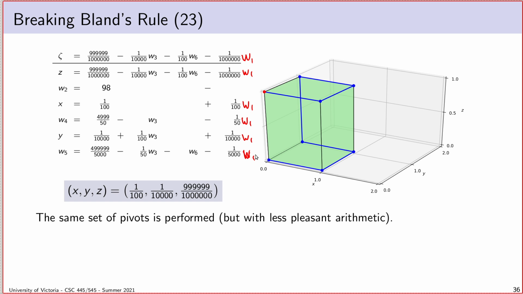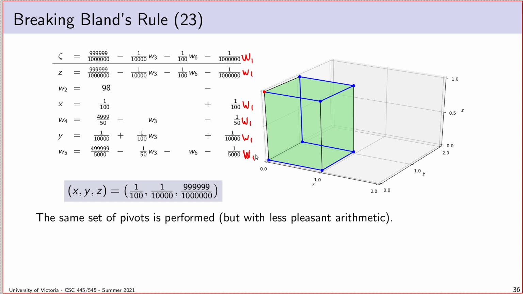We can say, oh, well, Bland's rule is not performance-oriented. This is too bad. This is one reason why Bland's rule isn't great, right? Why we want to use a pivot selection rule that takes the objective value into account. And it's worth considering that, yes, Bland's rule is our only hope if we want to avoid cycling, but we don't only have to use Bland's rule. If you were implementing a simplex solver, of course, and you will, of course you don't want the algorithm to